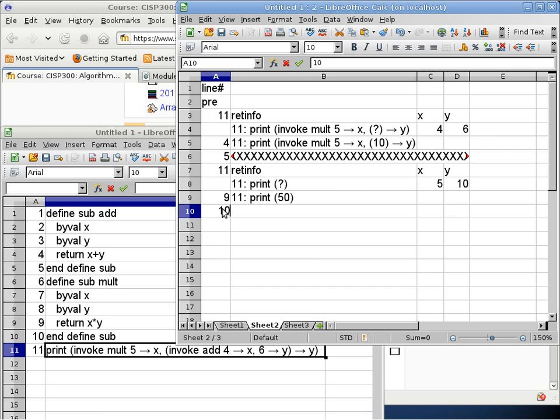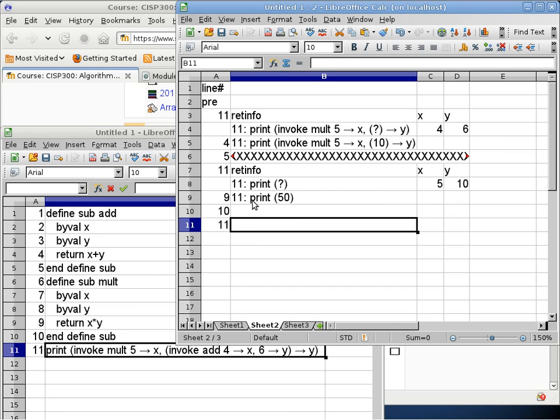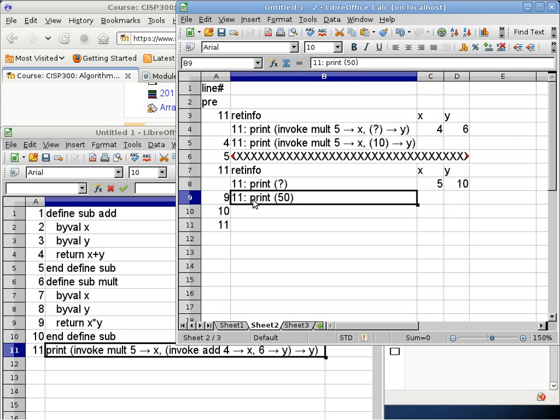Okay. And then on line 10, the first thing we do is to look up the return info cell. It tells us that we have to go back to line 11. But this time, when we get back to line 11 it will look like B9. In other words, we know exactly what to print when we get back to line 11, but we're not there yet. The next thing we have to do on line 10 is to